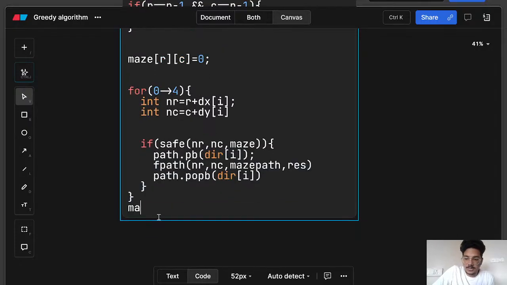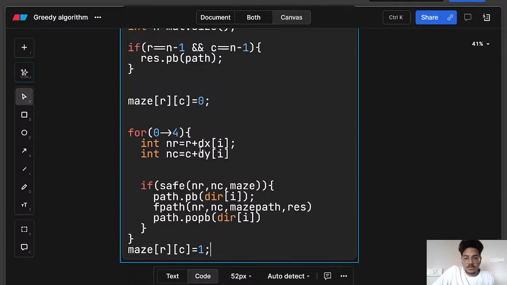After that, we mark the maze of row and column as a visited one. Mark the cell as a visited one. So the idea is